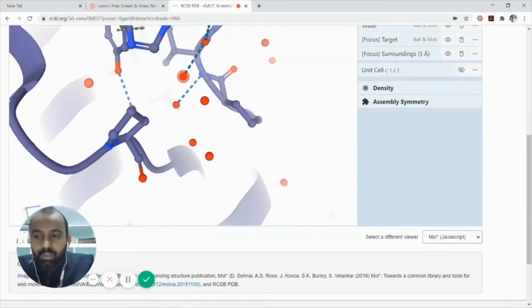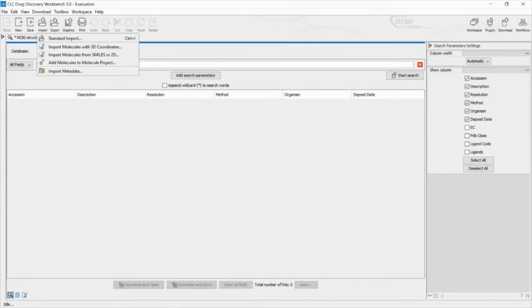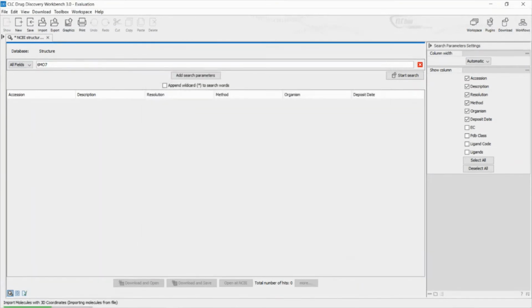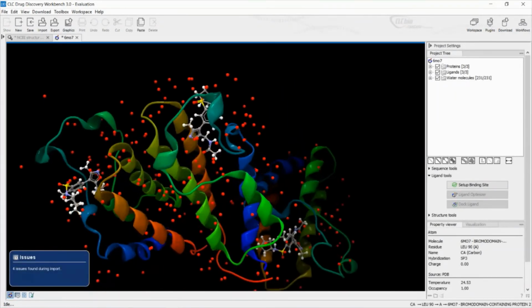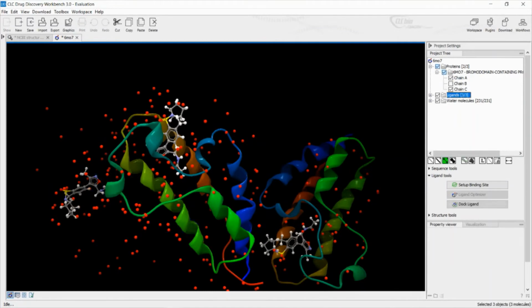So let us see with a proprietary software how it is done. The proprietary software is CLC Drug Discovery Workbench. In this, I am just clicking on import 3-dimensional structure. Once I do that, my 3-dimensional structure is available on my screen. So I already told you it is an oligomeric protein. So you can have 3 chains which are the same but reproducible. So let me take only one chain.